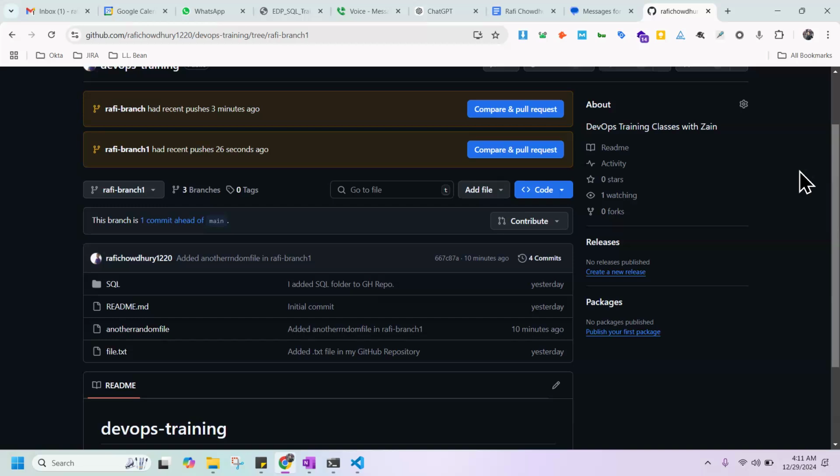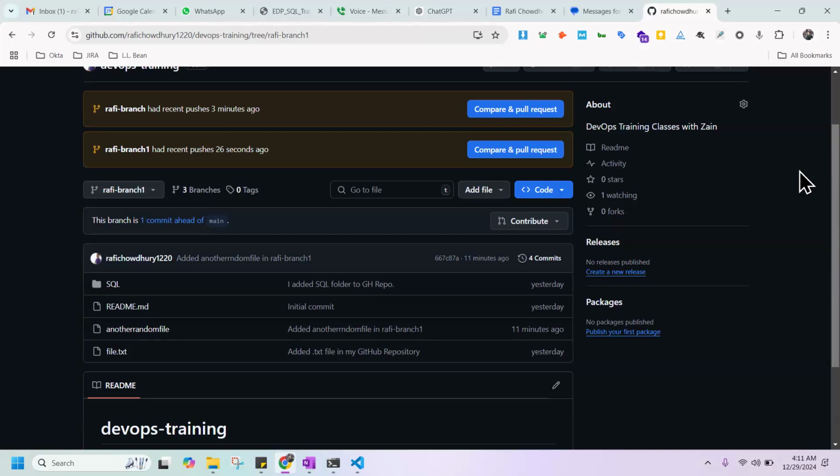So whenever multiple people are working on the same project or repository, they create their own branches, and they push their own code in those branches, right? And in the end, whenever our project is completed, we are going to merge these branches into the main one, right? Let's suppose now we have three branches, right?